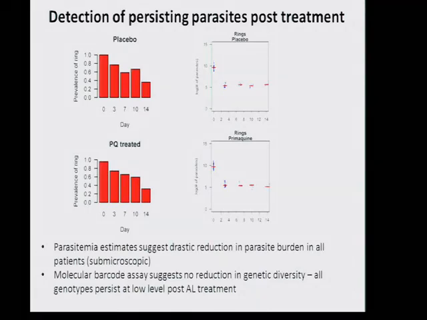We also did molecular barcoding, as I mentioned, and of course, these are all multiply infected people. But what we could see is that the diversity of the barcodes did not change between this initial time point 0 and the subsequent time points, suggesting that it's not that we are knocking out a major genotype or parasite population and are left with a few chronic genotypes. It seems like we are knocking down the majority of the parasites from all the genotypes, and we are left with multiple genotypes even at this very low prevalence.